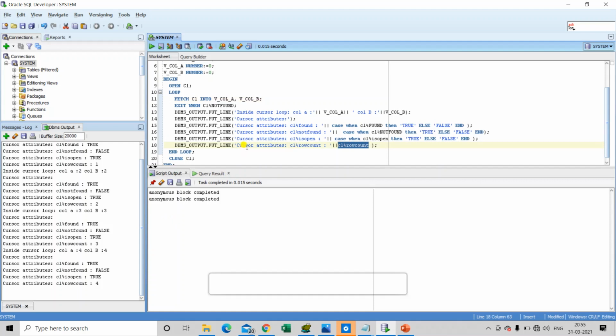So up to the fourth iteration it has fetched 4 records, so it is showing 4 for the fourth iteration.